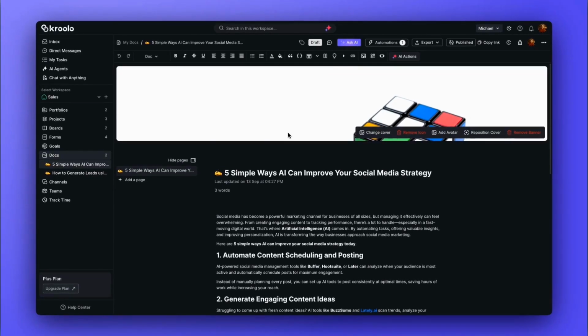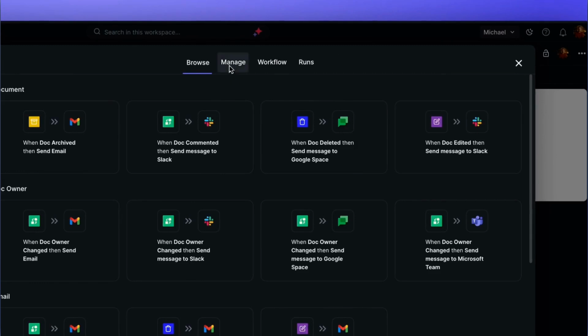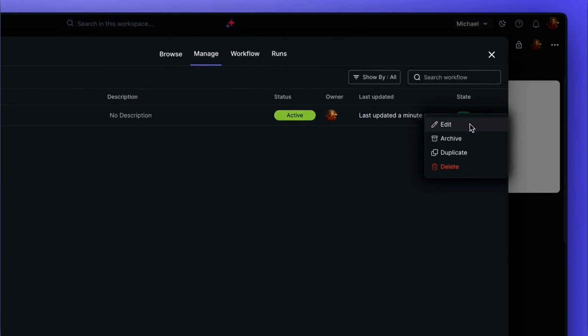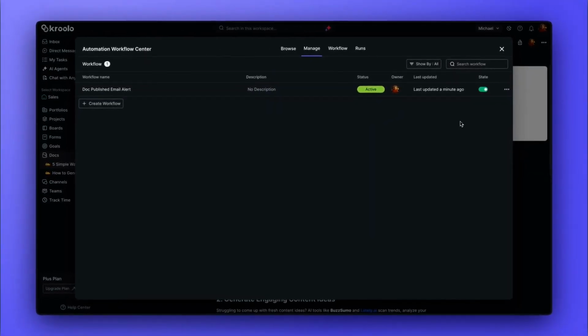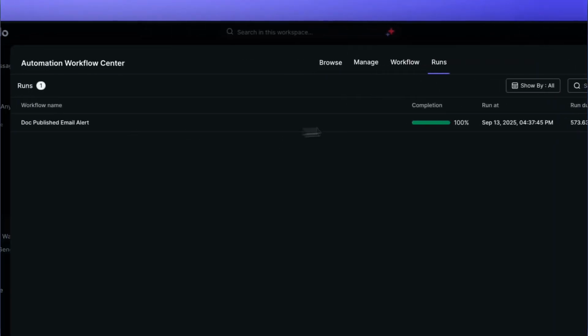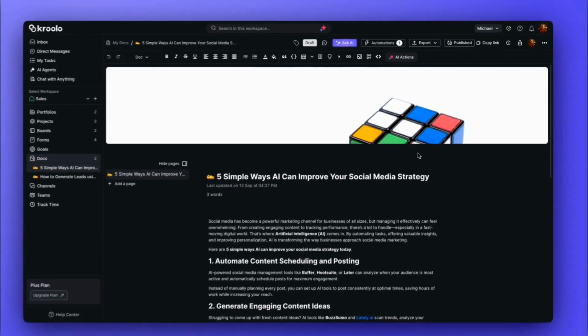To manage the automation, click on Automations again. Click on Manage. From here, you can click on the three dots to edit, archive, duplicate, or delete the automation. You can also check how many times the automation was triggered. Go to the Runs section, and we can see it was triggered once when we published the document. And that's how you can create custom automations in